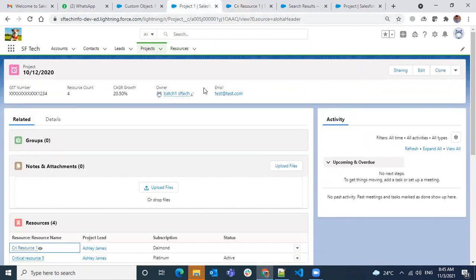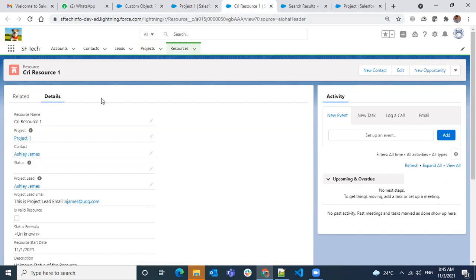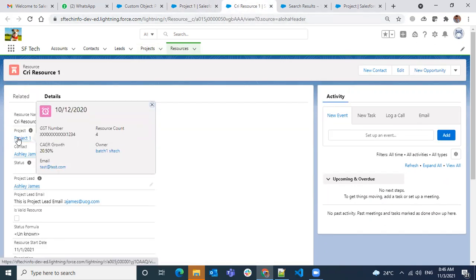So if you observe whatever there is in the compact layout, the same will be displayed on this lookup hover also. Whatever is on the highlight panel, or what we call the compact layout, will be displayed in this pop-up as well.